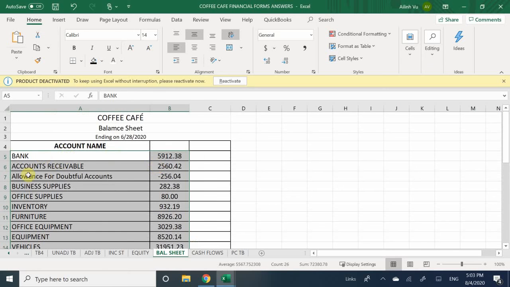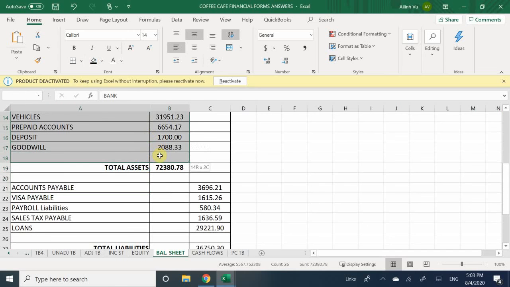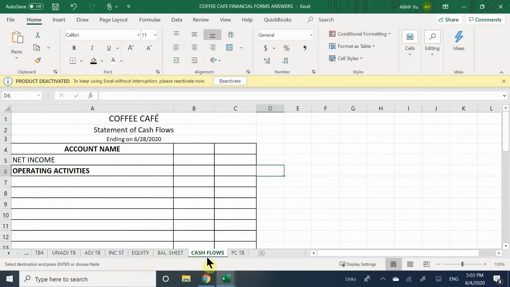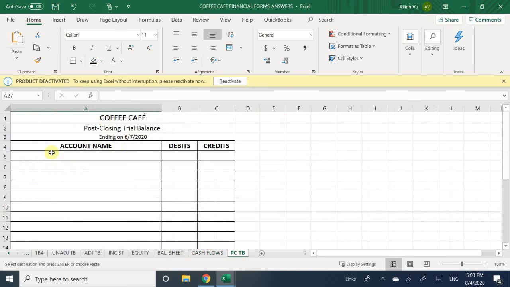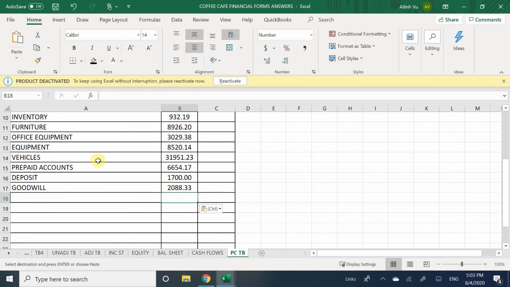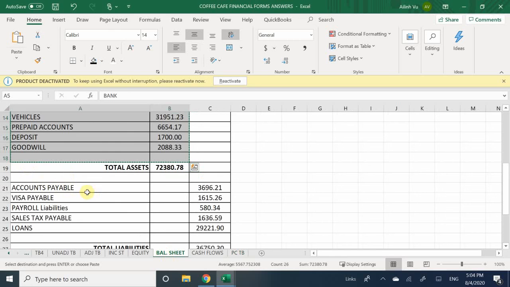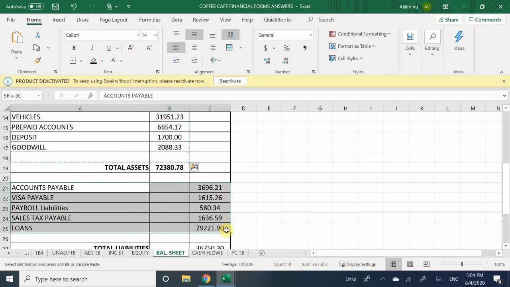So I for sure know that my bank is going to be there. All of these, since what I did here for my balance sheet is I separated them based on assets and liabilities, but none of these have been changed. None of these have been tampered with. So when I make it to my post-closing trial balance, I can go ahead and place that information down. So I have my bank account right here. I have all the information here, and I can go back to my balance sheet and copy out my